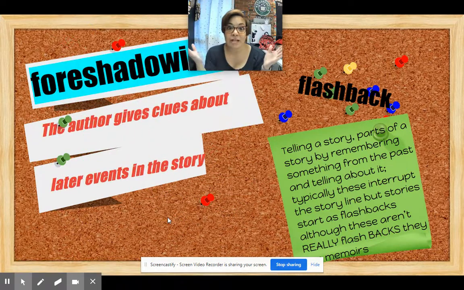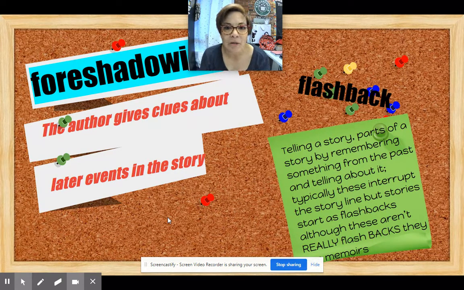So first we've got foreshadowing, and foreshadowing is when the author gives clues about what's going to happen later in the story. So when we look at something like The Sniper, we can look at the things that happen inside the story that already occur that tell us what is happening. So things like the fact that it takes place in the summer is an actual foreshadowing, because summer is often a symbol. Our weather is normally a symbol. So the summer is often when things are hot and when things get really heavy and really tense. So that would be an example of foreshadowing.